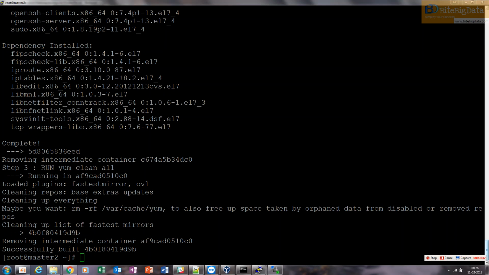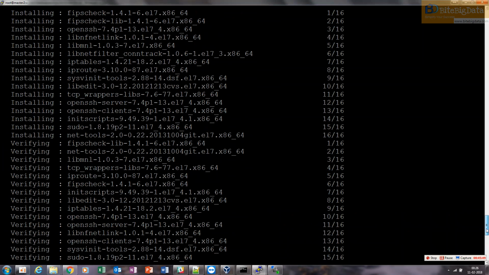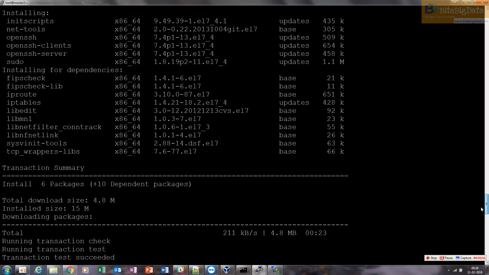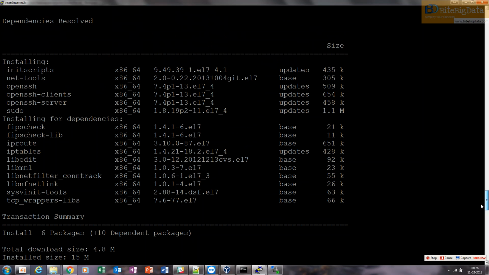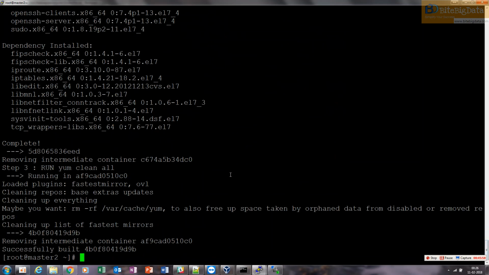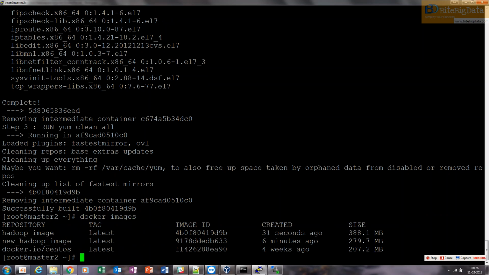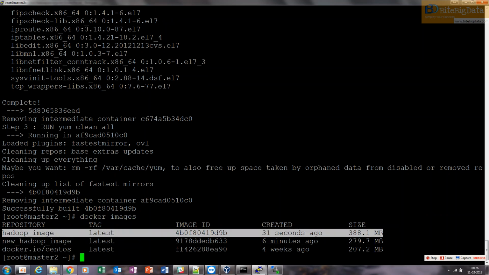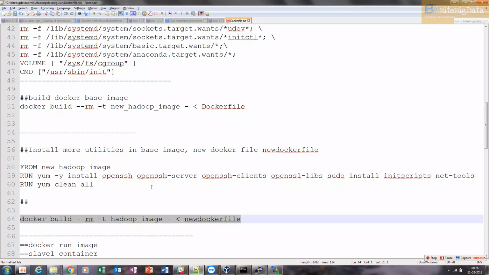Okay, so our Hadoop image is now built. That is the new image. So we had used the previous image in order to add a few more softwares into it and created our new image. Now if you do docker images, basically you will see that this is the latest image that is with us now. So if you see the size, we have added a few more softwares in it to make it more